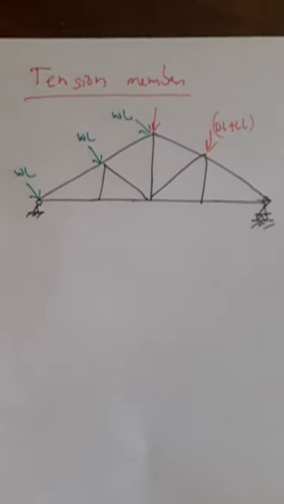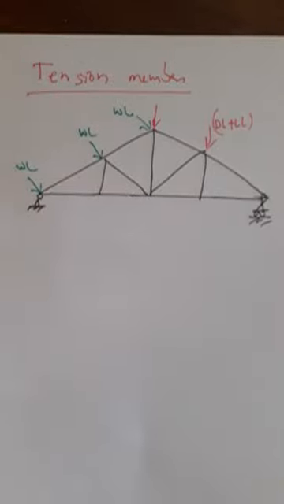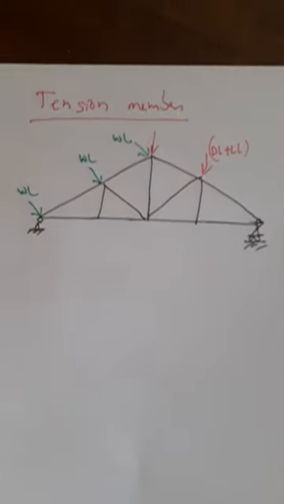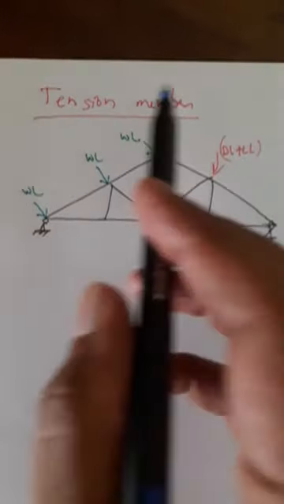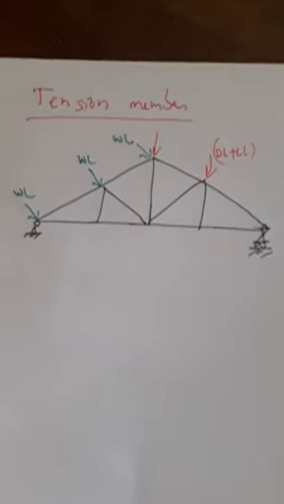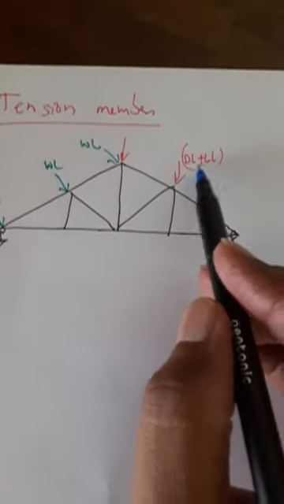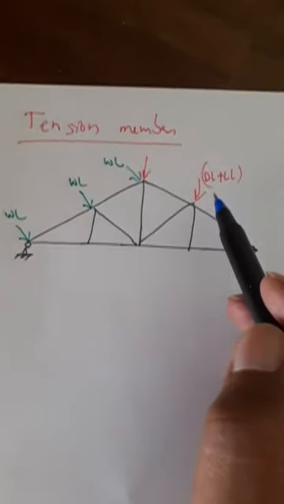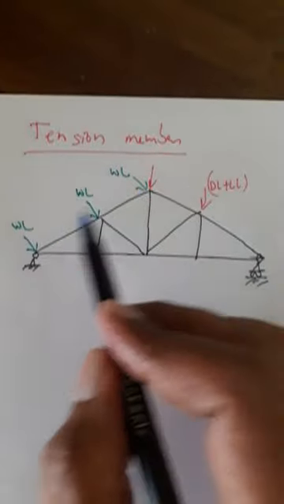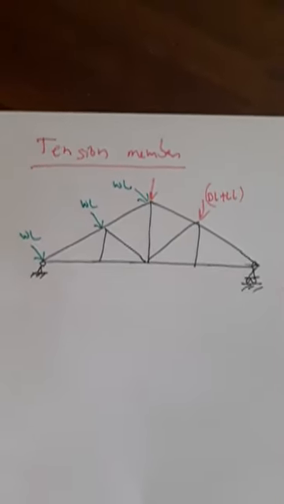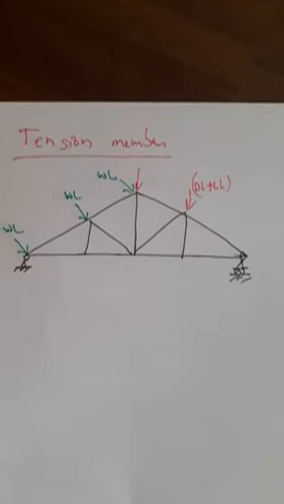Hello students. So today we will be starting the next session on the next topic in design of steel structures, that is tension members. Consider this typical truss made up of steel. The basic loads acting on a truss will be dead load and live load, which are vertically downwards, and wind loads. Now wind plays a major role in design of steel structures.